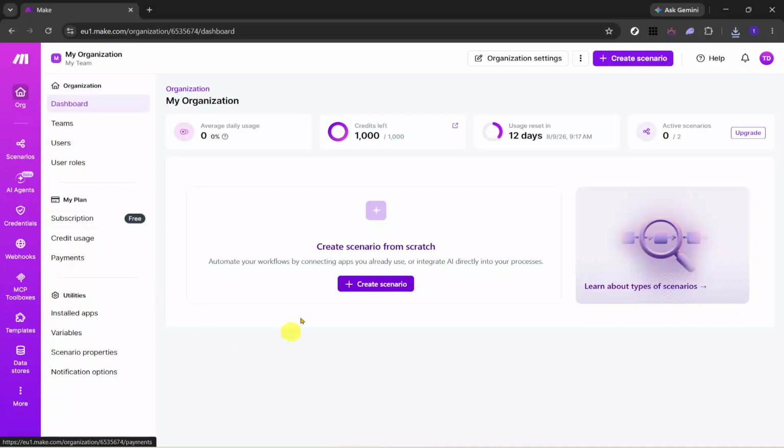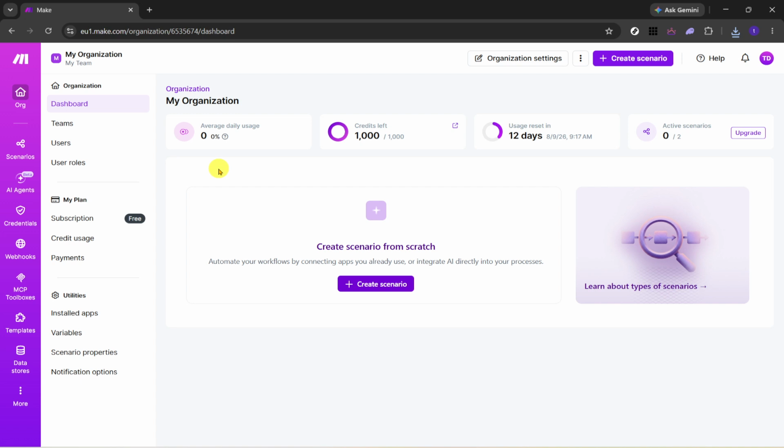Hello, today we will guide you through how to auto-post Instagram Reels using Make.com. In this walkthrough, we'll use one of Make.com's ready-made templates to quickly set up an automation for posting Instagram Reels. If you want a faster starting point instead of building everything from scratch, this is a simple and practical way